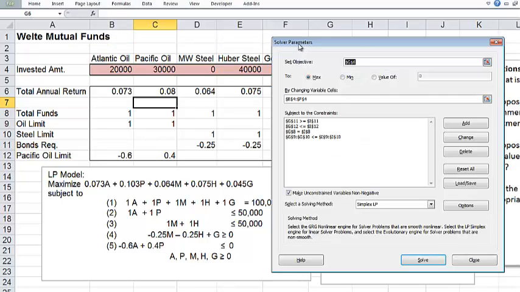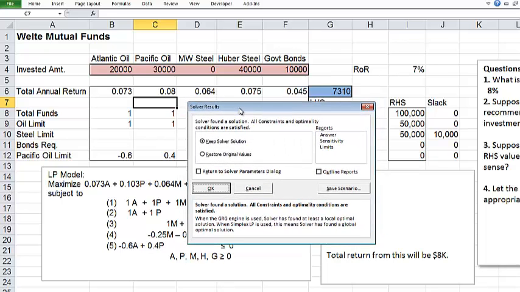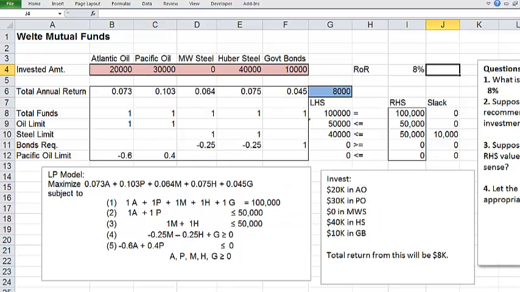Now, what do you think will happen? If the Pacific Oil's rate of return is lower than before, then maybe we wouldn't invest as much money in the Pacific Oil. But then, is this low enough, 8%? Because 8% is still higher than the rate of Atlantic Oil. So let's see. Now we're going to click on solve, and you could see, well, no, there is no difference. So there's no change in the investment amounts. So that makes sense because the Pacific Oil's rate of return is still higher than Atlantic Oil. And of course, you could see that the total return has changed because the return we get from Pacific Oil is now lower. So going back to the original sheet,